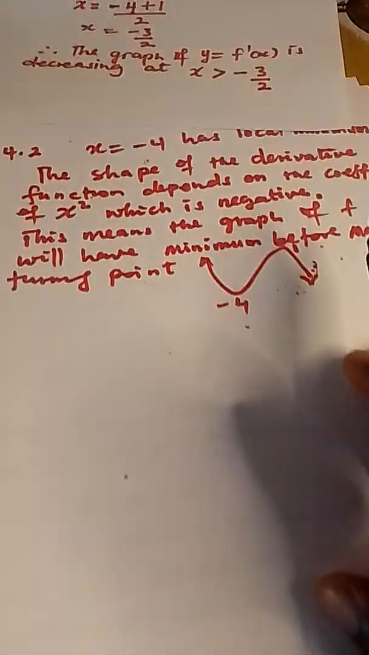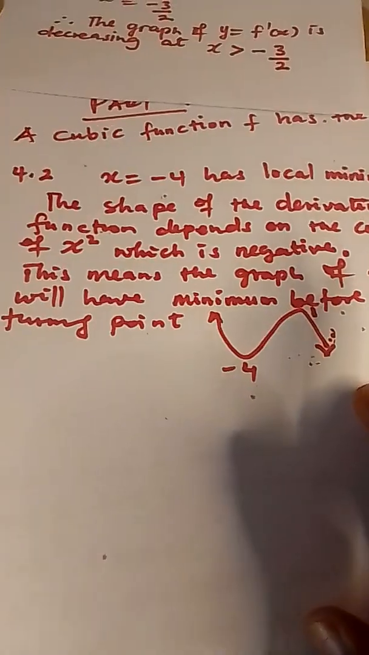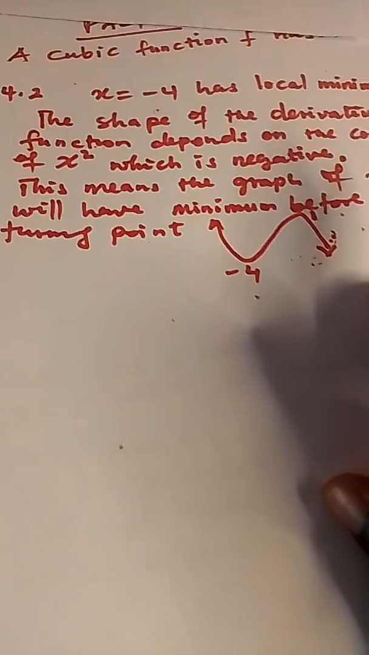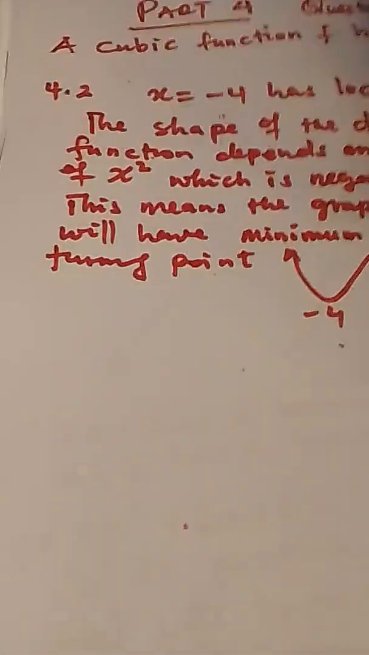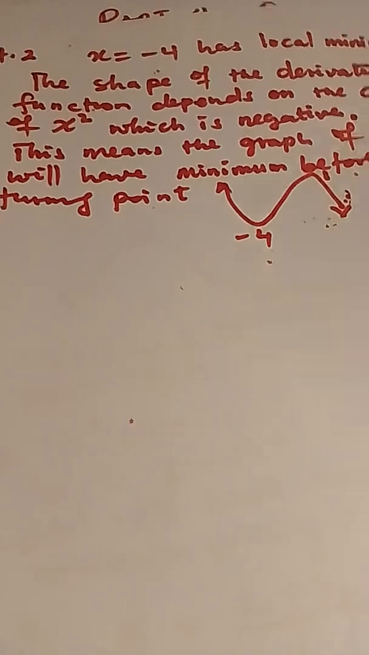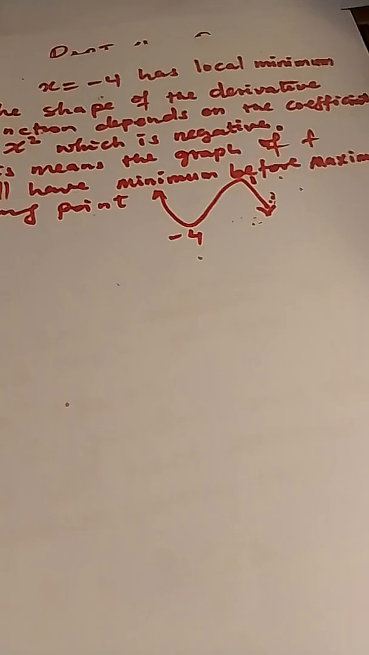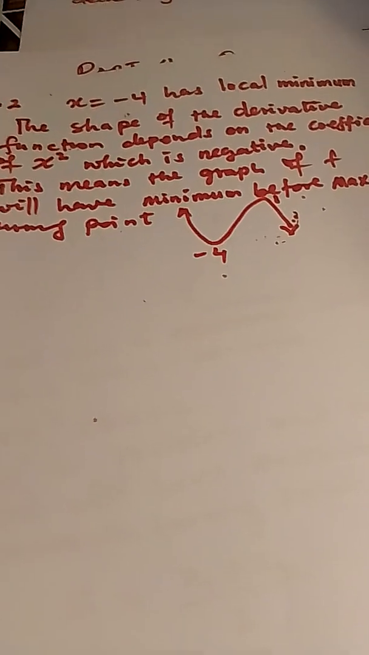So looking at these two numbers, one can say that x equals negative 4 from those two stationary points is where we will have our local minimum. x equals negative 4. So on the cubic function,